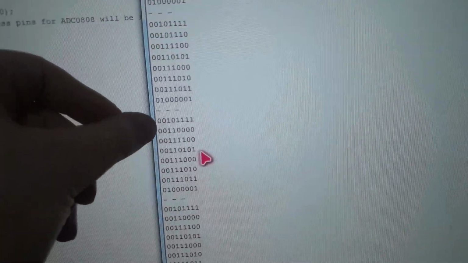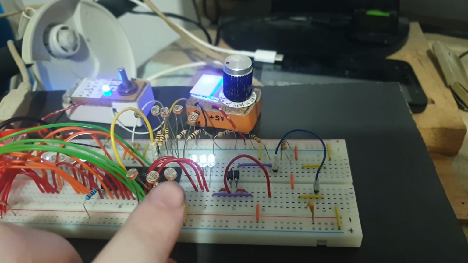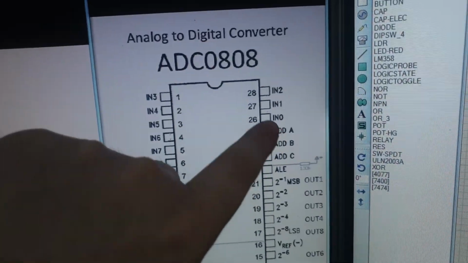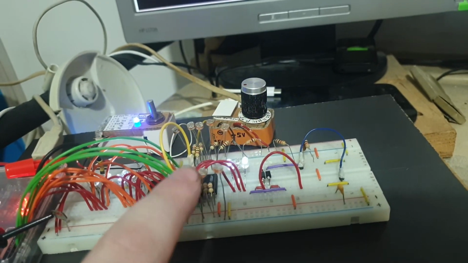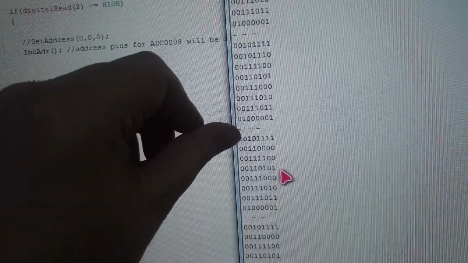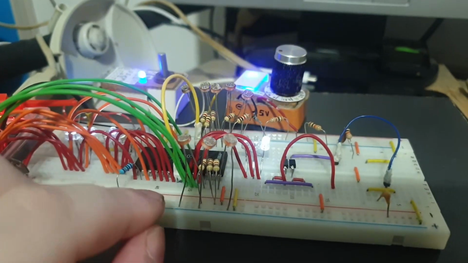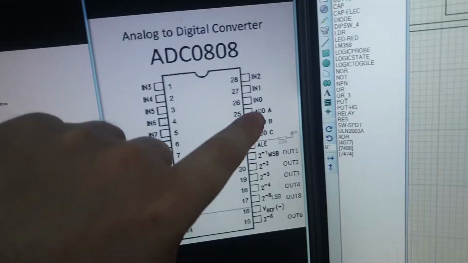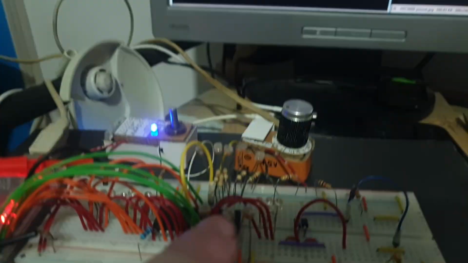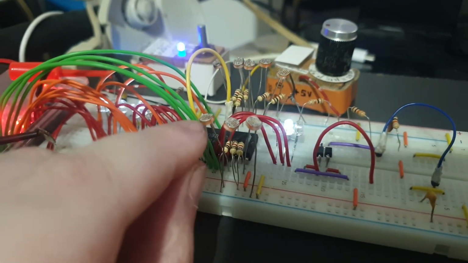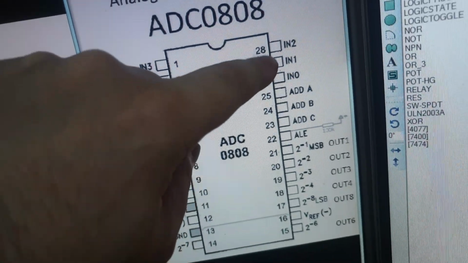So line 1 and line 2, line 1 represents the intensity of one LDR that I'm having here. So let's see actually here. Yeah, this is input 0. This one. So this is the first line. The value of this first line is the intensity in binary from this LDR, the first one on input 0. On input 1 is this second line here, and is the value of the light intensity of this LDR, which is the second one. You see, first one, second one, and is on this pin here